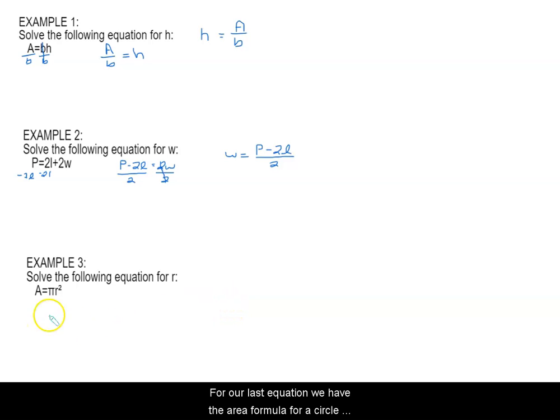For our last equation, we have the area formula for a circle, for example 3, and we're going to be solving for r. Okay, so first, we have some multiplication we need to get rid of, so we need to get rid of that pi to divide by that. I'm going to divide both sides by pi. That would leave me A over pi